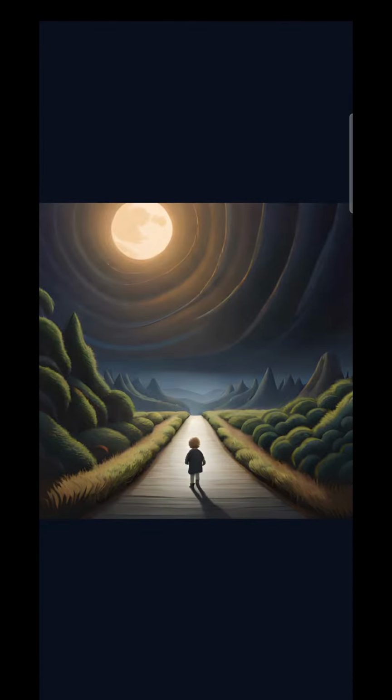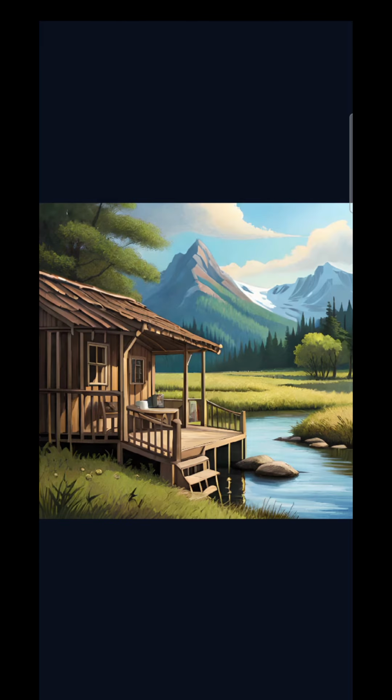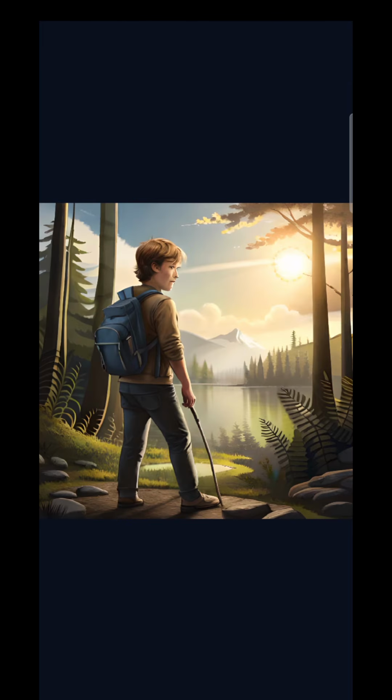Named Liam, who lived in a sleepy town at the edge of a forest. Liam was a curious boy who loved exploring the woods